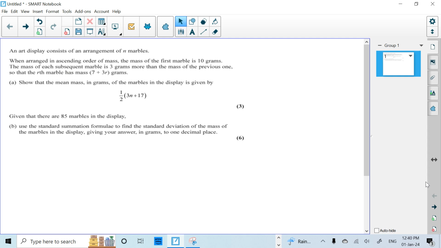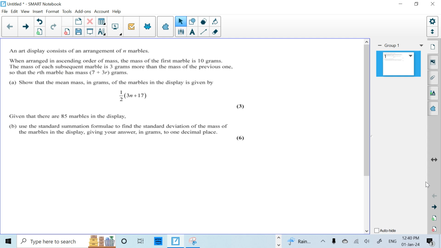An art display consists of an arrangement of n marbles when arranged in ascending order of mass. The mass of the first marble is 10 grams. The mass of each subsequent marble is 3 grams more than the mass of the previous one, so that the rth marble has mass 7 plus 3r grams. A. Show that the mean mass in grams of the marbles in the display is given by